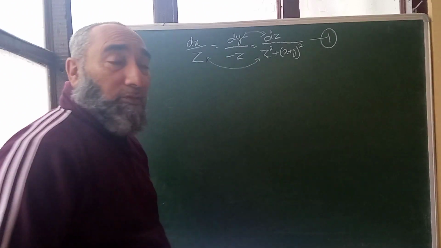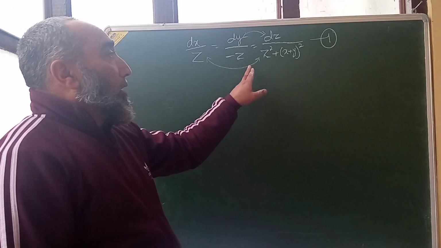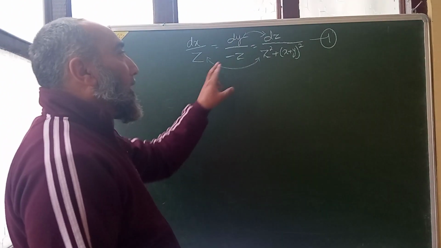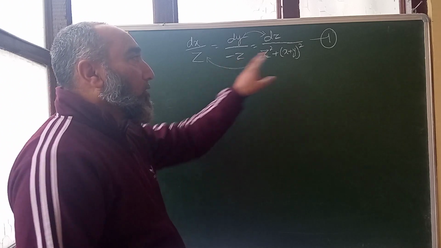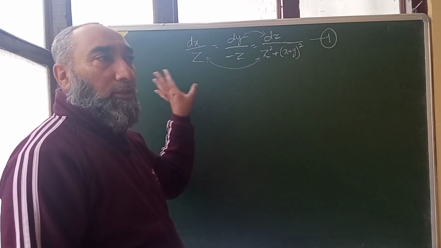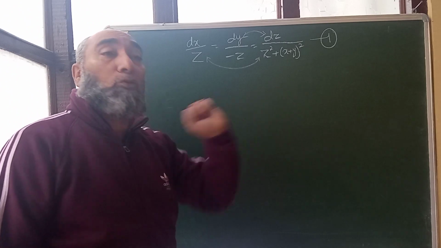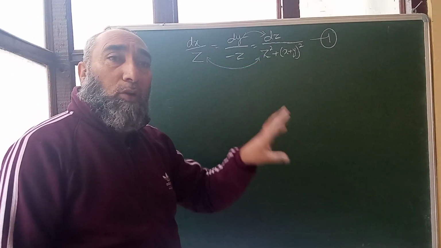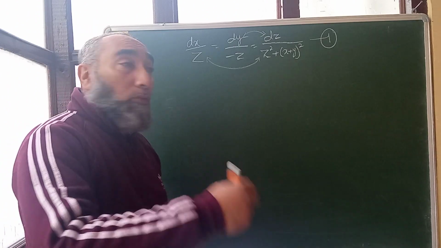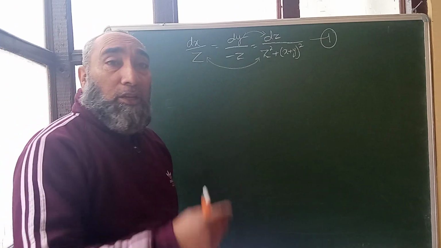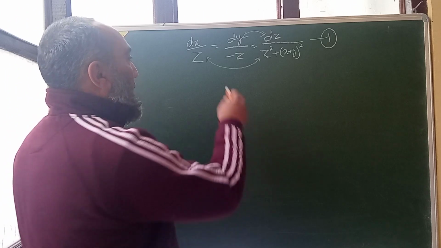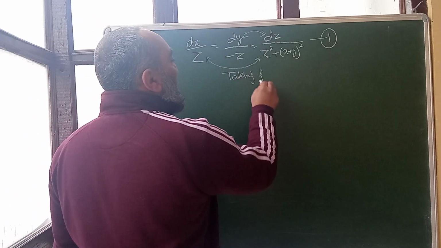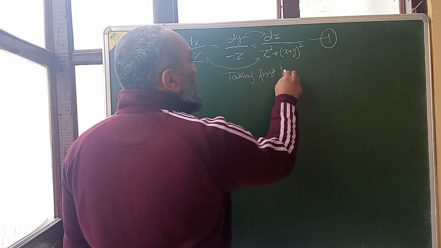This is rule second, which says that if the first solution is possible by using rule 1, rule 1 being that taking any two fractions of 1 you can have a solution, this is possible. But another solution is not possible. We are not able to take any other two fractions. So what is to be done? The solution which is obtained in the first case is to be used. Okay. See, taking first two fractions together,